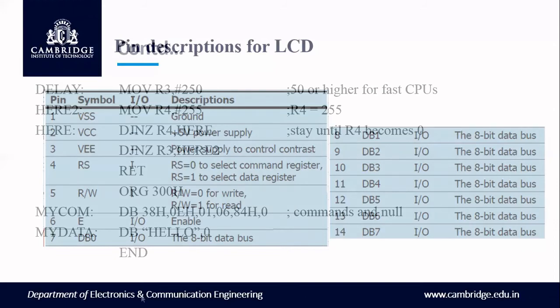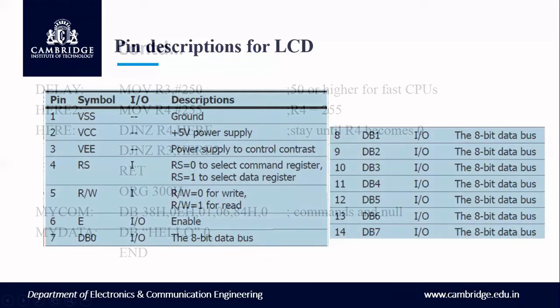Similarly, the string of characters, and the enable pin, pin number 6. If you want to send a message, you can enable it by sending a high to low pulse. Write a 0. This will activate the functionality of the LCD. Whenever you want to read and write, when it is 0, you are sending a command code or the data. You should enable the LCD. So this is how we can write to pin number 7 as well as 14.